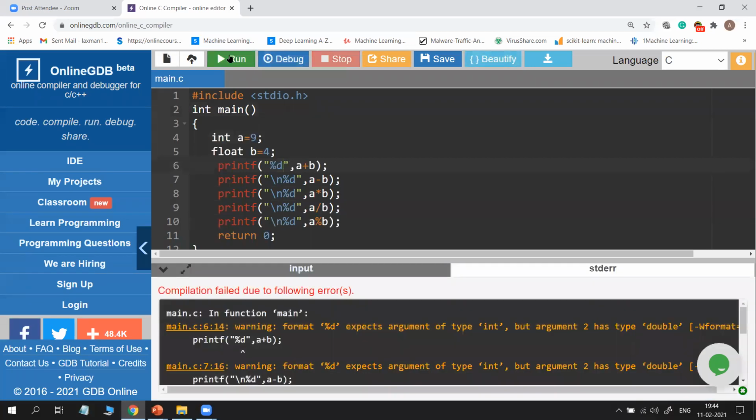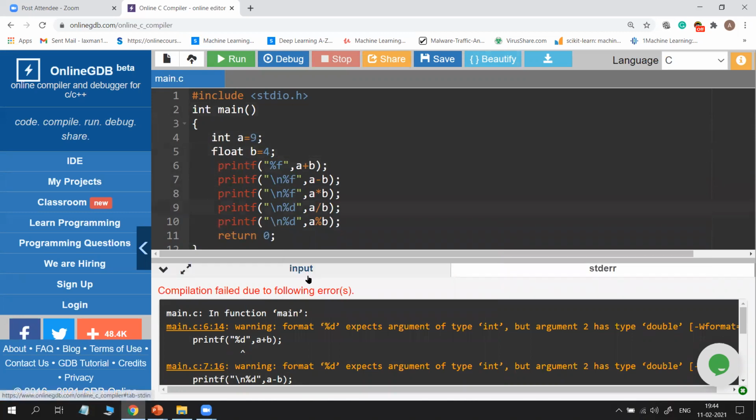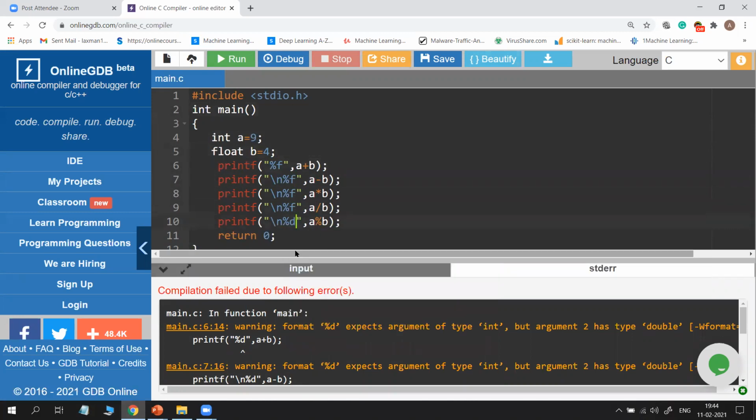What happened? Why does it show an error? Because the output is a float value if you add an int and a float. That's why now I am putting %f for all the outputs, and execute it.